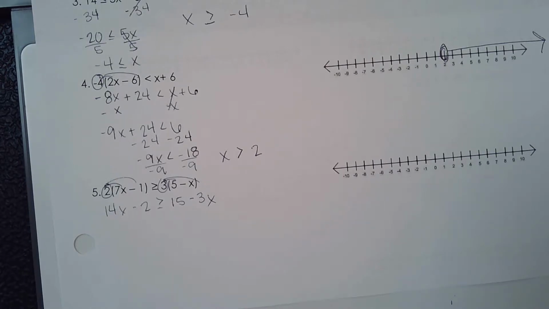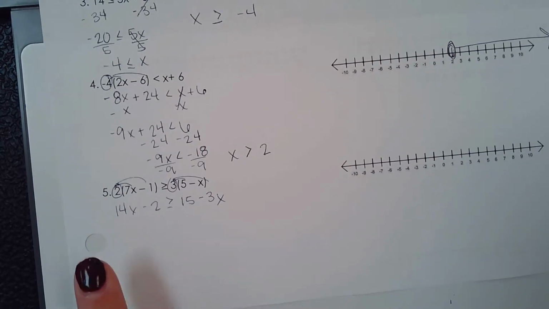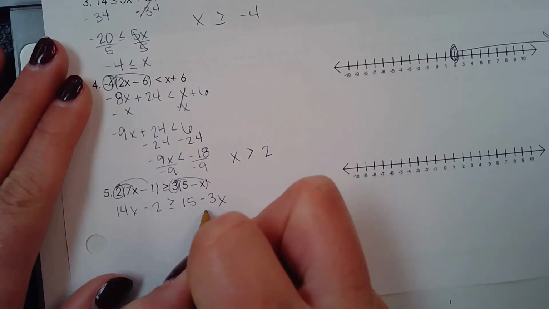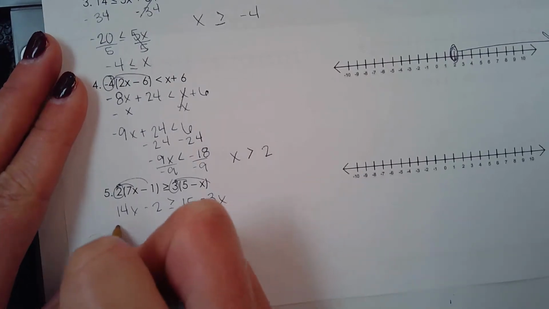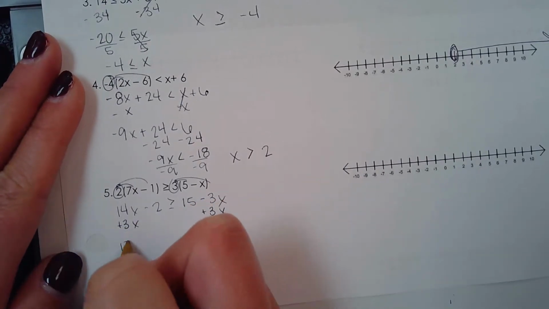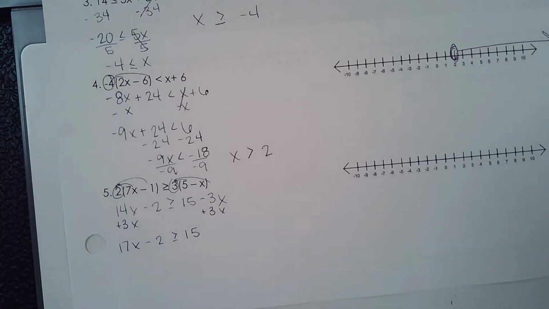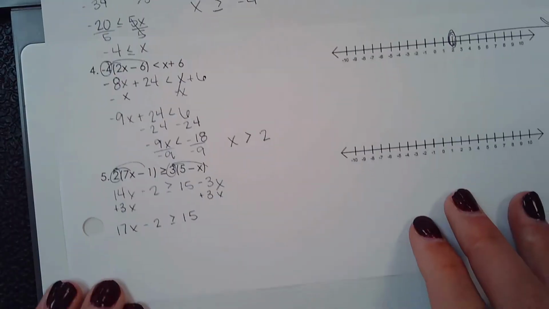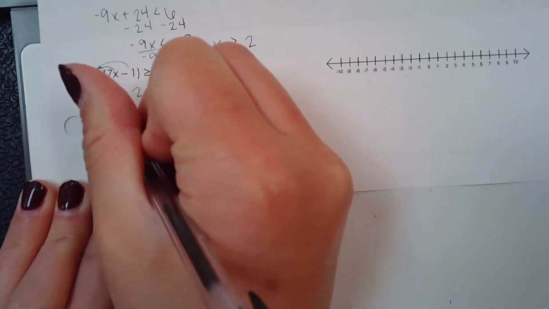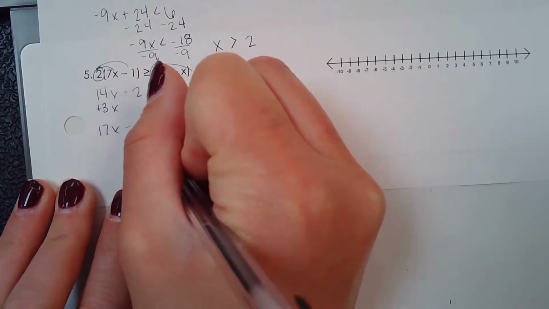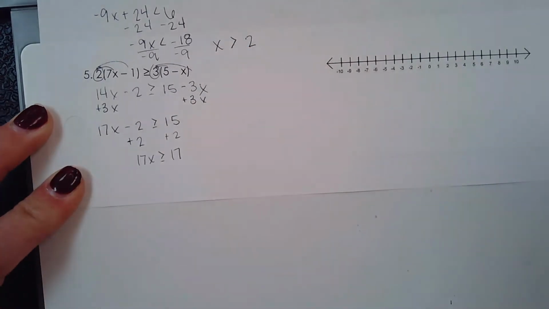So again, you've got x's on both sides. We said that we have to get them together, and we want our x on the left-hand side. So I think it's easier to add 3x, but you could also subtract 14x. Either way would be fine. What do y'all want to do? Add 3x. Good choice. Then what do we do from there? Add 2. And our last step,